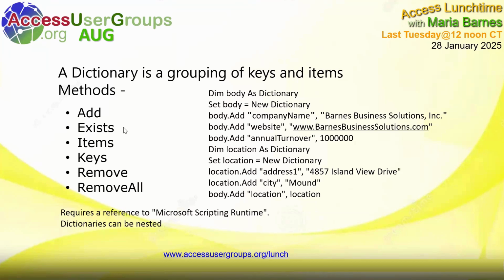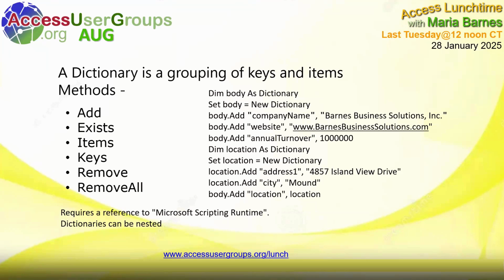You can use the exists method, which lets you know whether a key already exists in your dictionary so that you don't duplicate keys. You can use the items and the keys methods to get to the various items and keys in your dictionary. You can use remove to remove a specific key and its item pair,